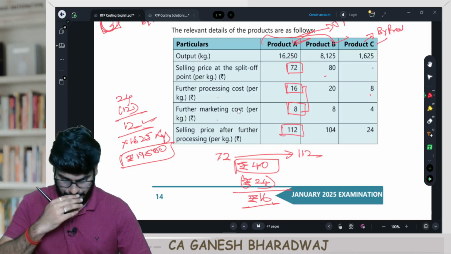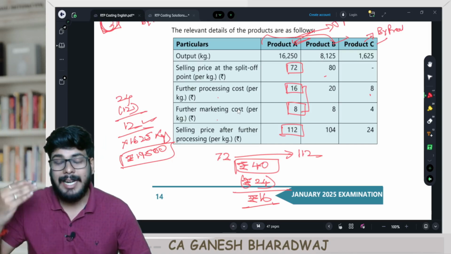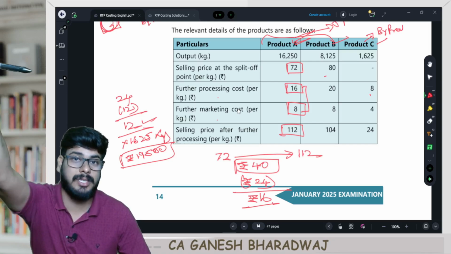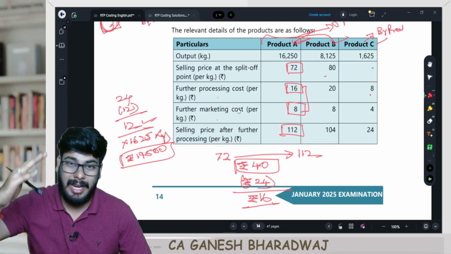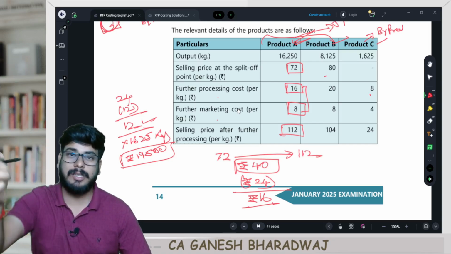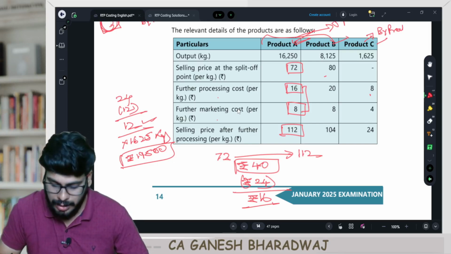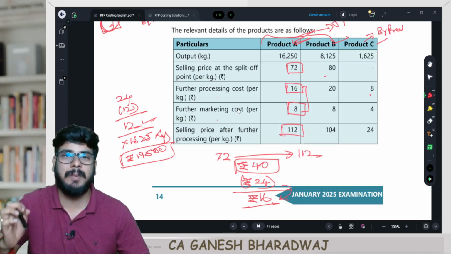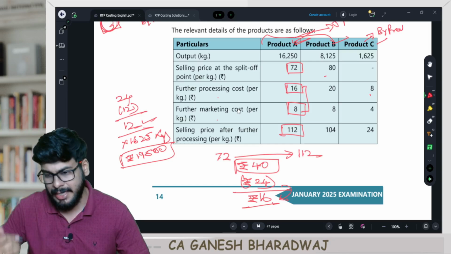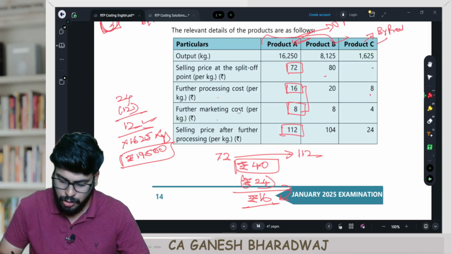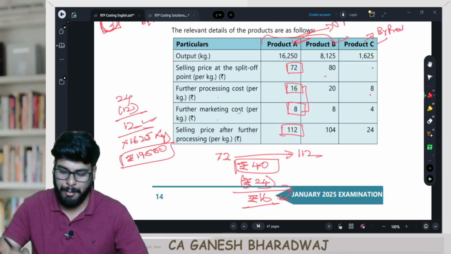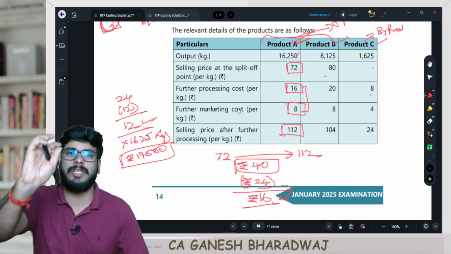In this case for product A, it makes sense for you to further process and sell. Why? Because your incremental revenue is greater than the incremental cost, resulting in your incremental profit. Are you clear with this? In this case, it makes absolute sense. So 16 rupees per unit, I'm going to make a profit, and into 16,250,